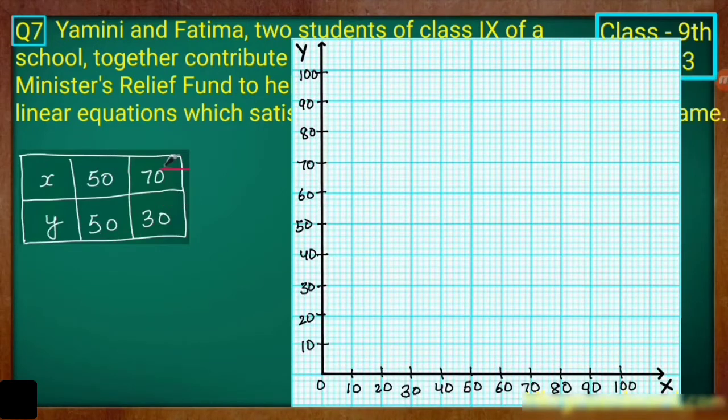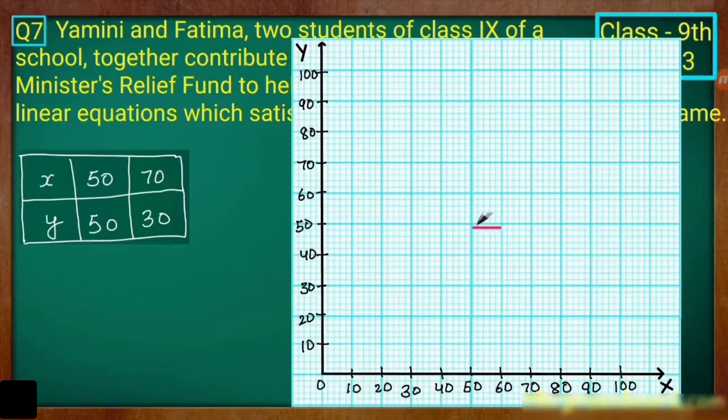Now let's draw the graph for this condition. You can see here, this is the graph sheet, with the x-axis and y-axis. The numbers go up to 70, so I am taking a distance of 10 units. The distance you take depends on your table. When the numbers are from 1 to 10, you can take a distance of 1 unit. If they are in tens, like 50, 30, 70, take 10 units.